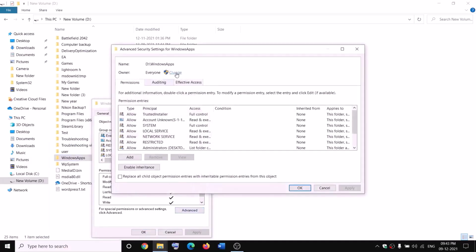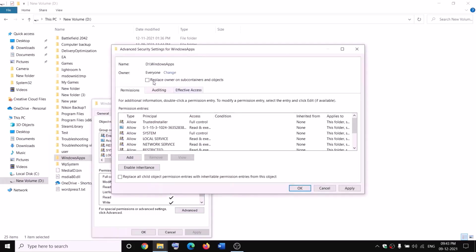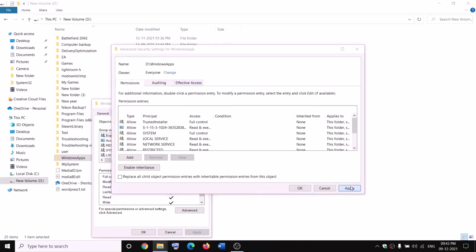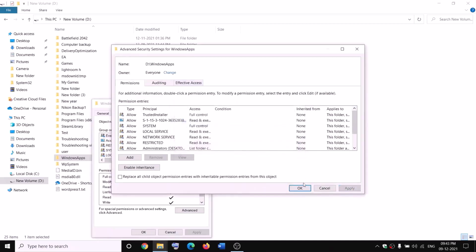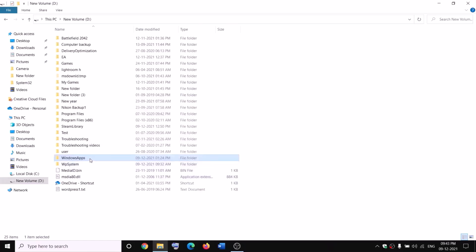Now click on change over here, type in everyone in the box. Now click on check names, then click on OK. Now put a check on the box which says replace owner on subcontainers and objects and then click on apply. OK, OK, again OK. Again make a right click on Windows apps,